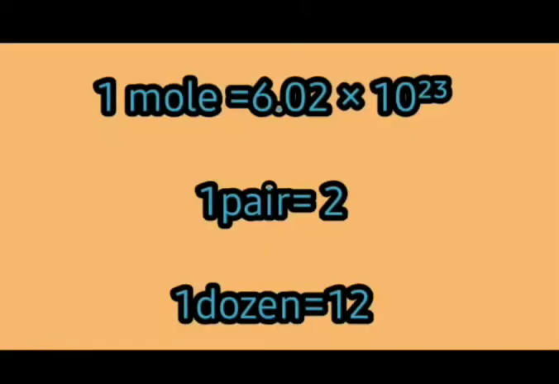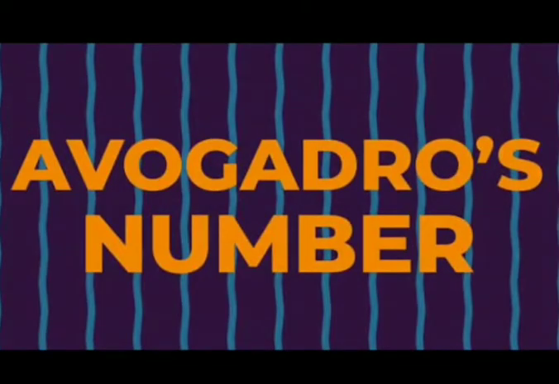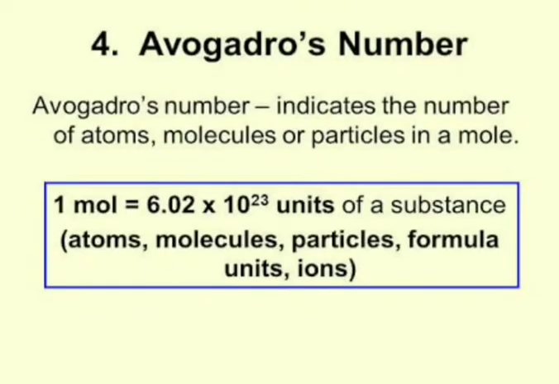So now we discuss what is Avogadro's number. Remember, Avogadro's number is also represented as A. Avogadro's number represents the number of atoms present in 12 gram of carbon 12. As we know, 12 means the relative atomic mass of carbon. And when the number is expressed in grams, that means 12 gram is the gram atomic mass of carbon.